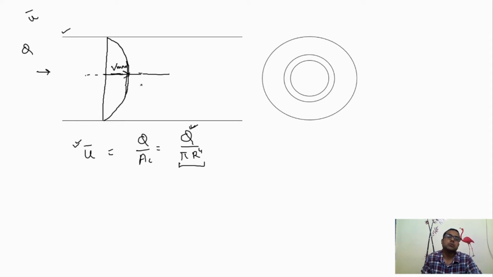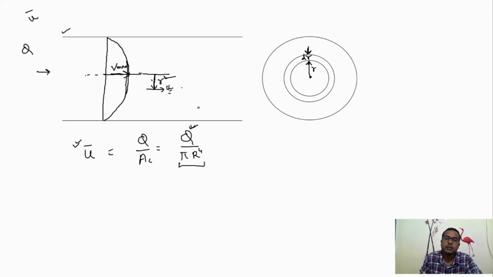Okay, so as we know, suppose we go some distance r, so what would be the value of velocity here? That is the local velocity u, and by relation we know the value of u when we go r distance from the center line. Okay, we know this relation. From the center at a radial distance r, we have considered an element in the form of a ring, and this is dr thickness.